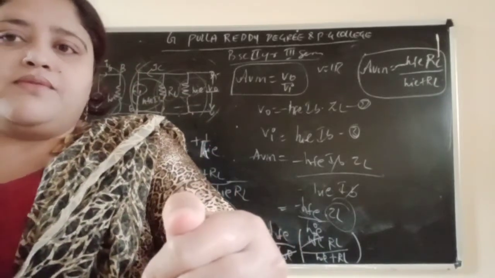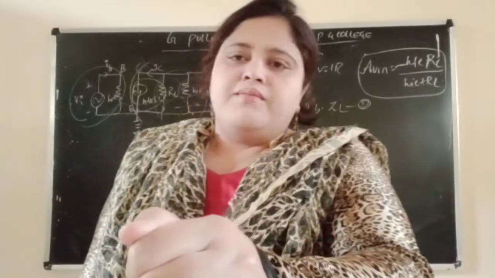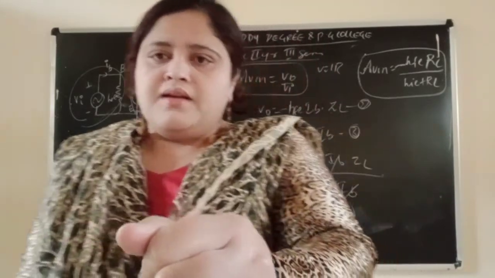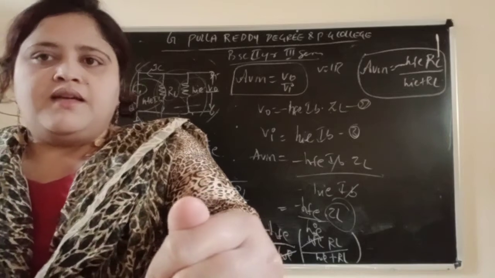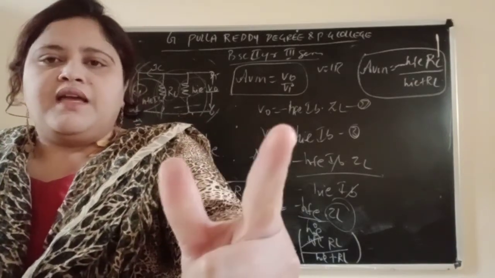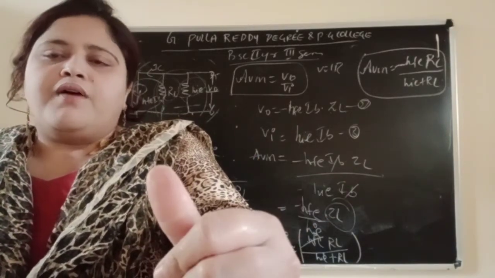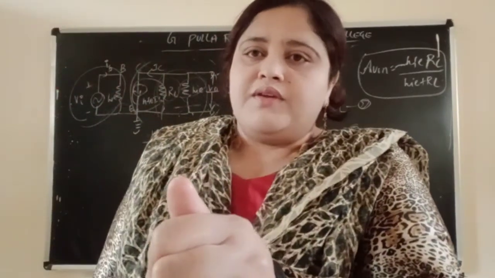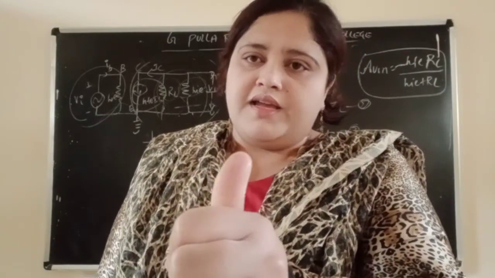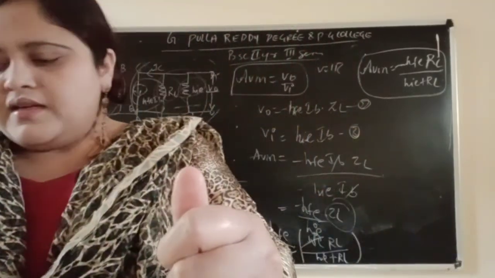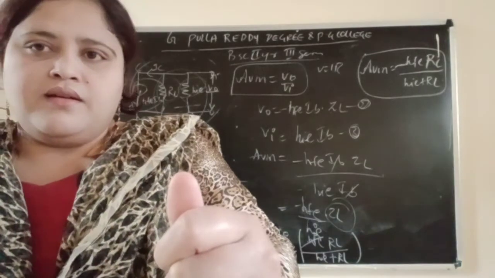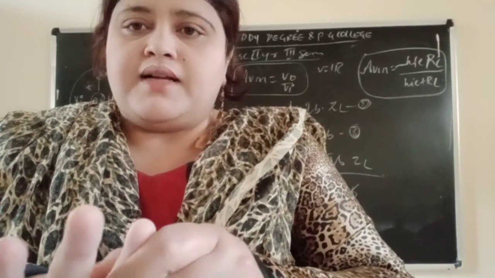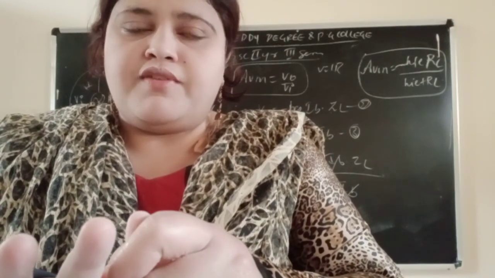By this we have completed the analysis of the mid frequency range in your RC coupled amplifier. In my next video, or next class, I will be dealing with low frequency and high frequency. I calculated the mid frequency first because mid is attached to high and low. So next class we will be calculating the low and high frequency range. By this we have completed the analysis of voltage gain in the mid frequency range of the RC coupled amplifier.